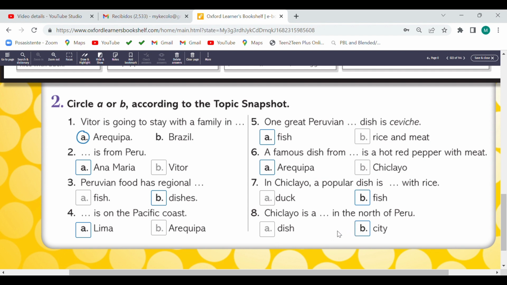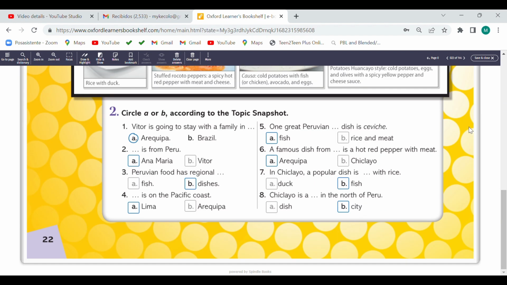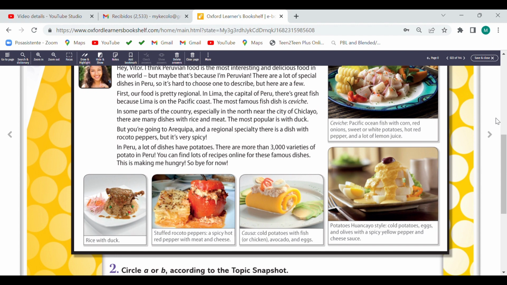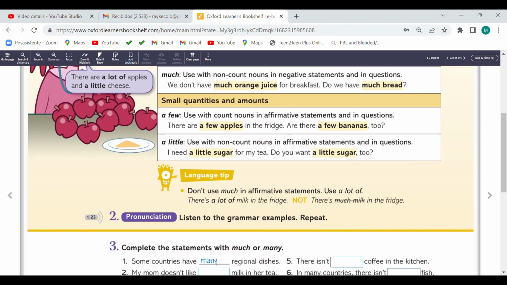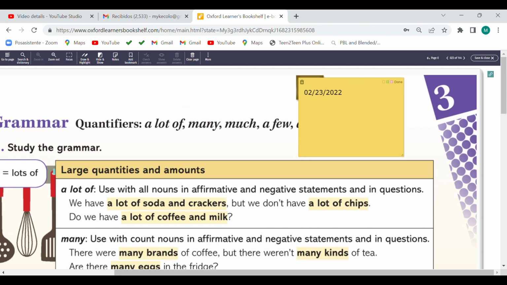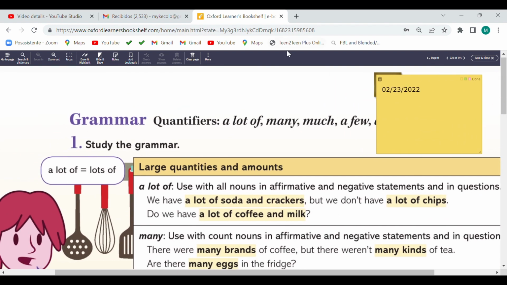Good. Page 23. April 24, 2023. Quantifiers: a lot of, many, much, a few, a little.